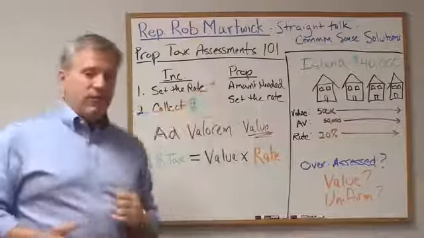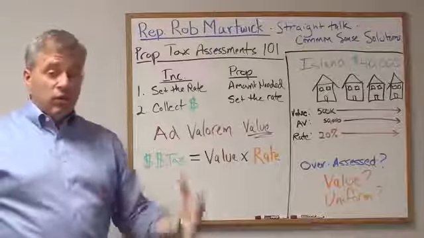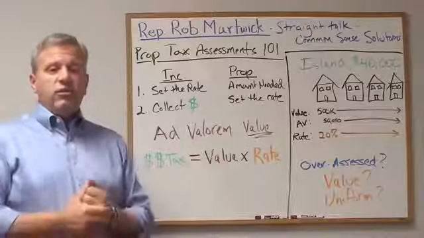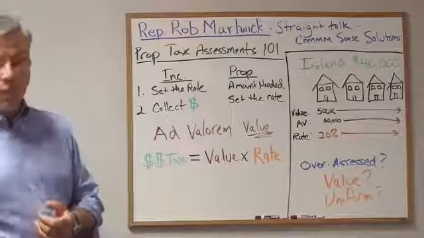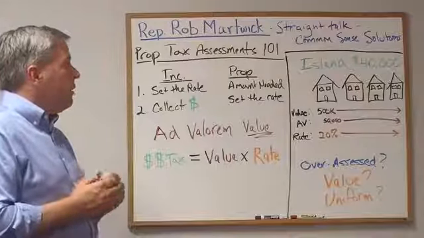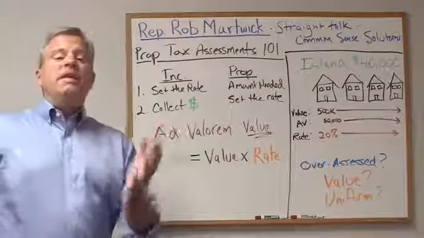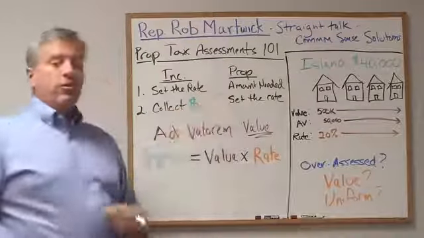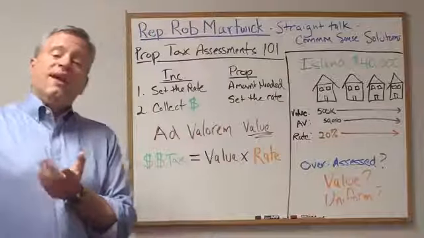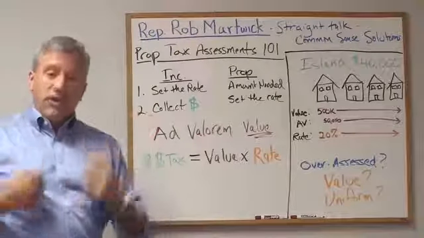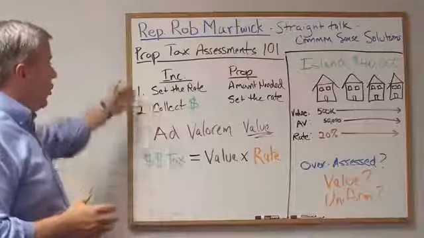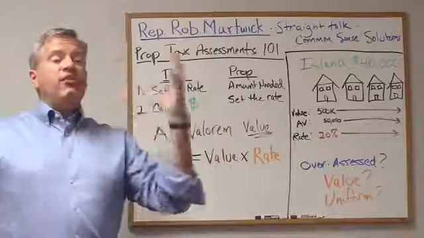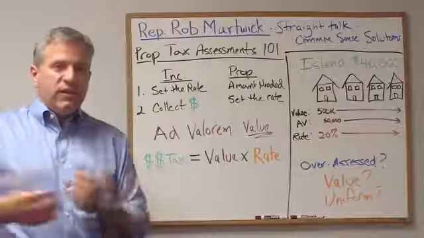Property taxes work very differently. What the government does, and this is your local government, so the City of Chicago, County of Cook, CPS, or whatever your local school district is, Water Reclamation District, Forest Preserves, etc., is figure out the amount we need to run the government, step number 1. Then step number 2, they set the rate so that they collect exactly what they're supposed to collect in order to run the government. So with income taxes, it's sort of a guess, and you see what you collect. With property taxes, you figure out what you need, and then you set the rates to collect that much.